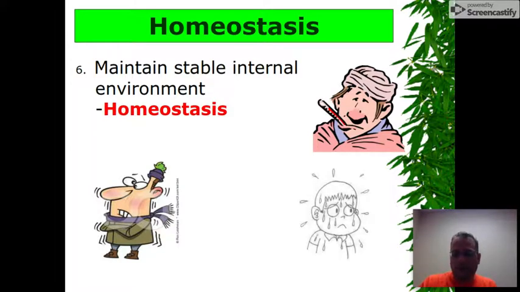Human bodies are very boring. We like to keep it at 98.6 degrees. If we get too hot, 100, 101, mom starts freaking out. Take the medication, bring the temperature down. That's a good thing. If you get to about 102, 104, it can be life-threatening. You can die at that point. On the flip side, if your body temperature drops below 98 degrees, that's called hypothermia. You can die from that too. That's one reason why you don't go swimming in Lake Michigan in the middle of January, because that just sucks the heat out of you, and your body begins to shut down.